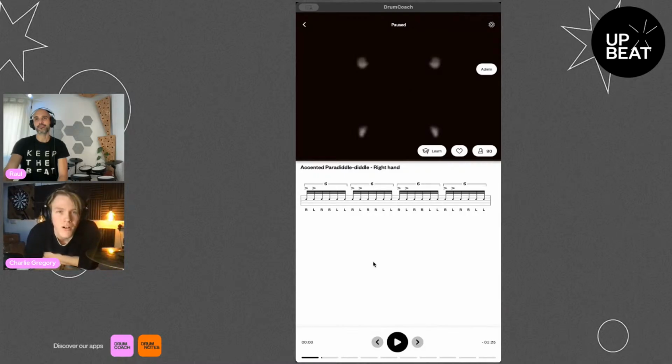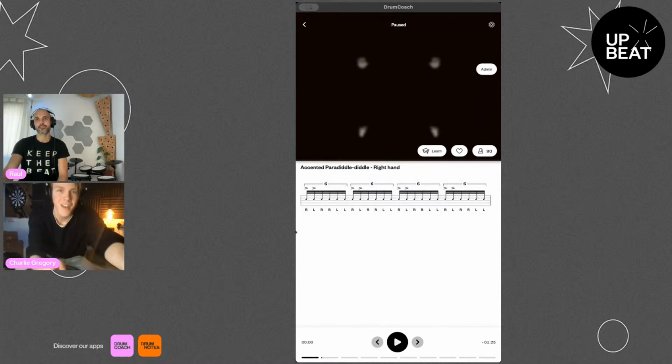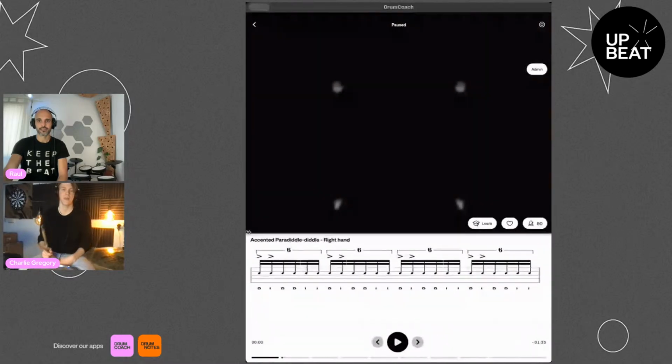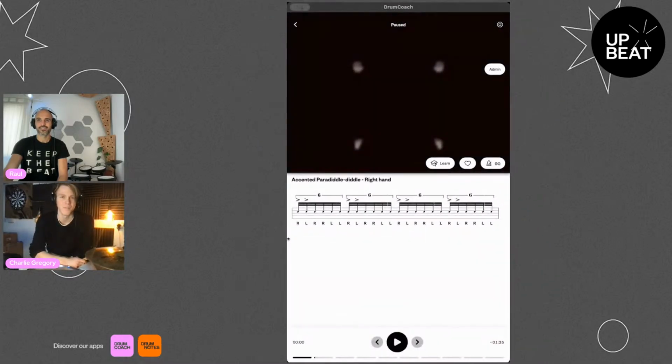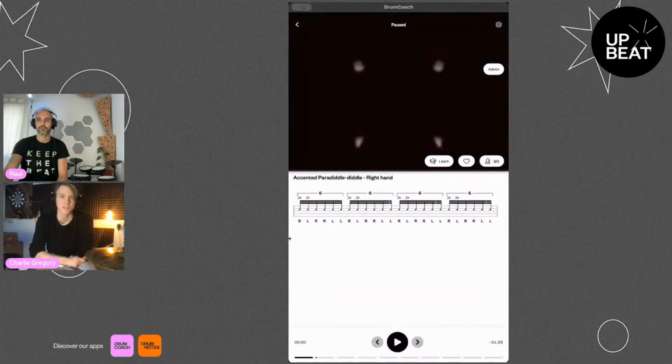Let's see another one here. Oh, this is kind of similar to what you were saying before. Sorry, this is paradiddle-diddle. So right, left, right, right, left, left. Right, left, right, right, left, left. I know that one. That's a good one. As sextuplets as well. Again, hi-hat and snare.